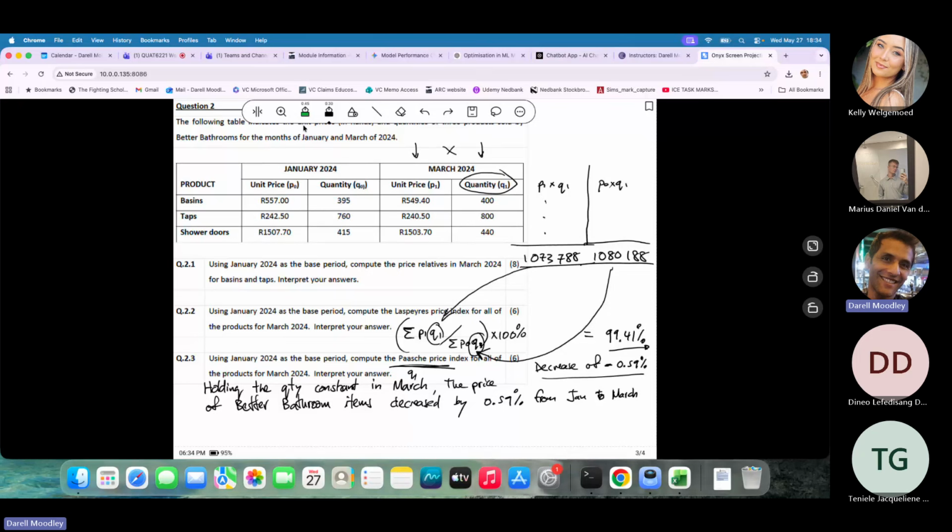All right, so that's typical kind of questions you can get for index numbers and how to go about answering them. Don't forget to interpret them. Please interpret your answers. Maybe some advice also, if you're really struggling to figure something out for 2 minutes and you can't get it within 2 minutes, move on to the next question, come back to it. You are pressed for time, remember that. So you got to work fast. So use that as a guide, okay? 2 minutes and you still haven't worked out anything or written anything down, move to the next question. Okay, let's move on